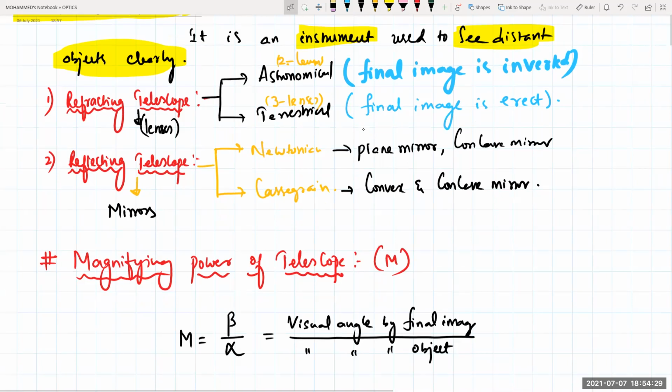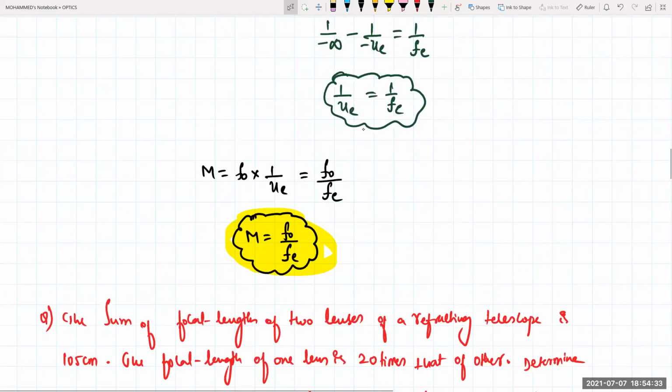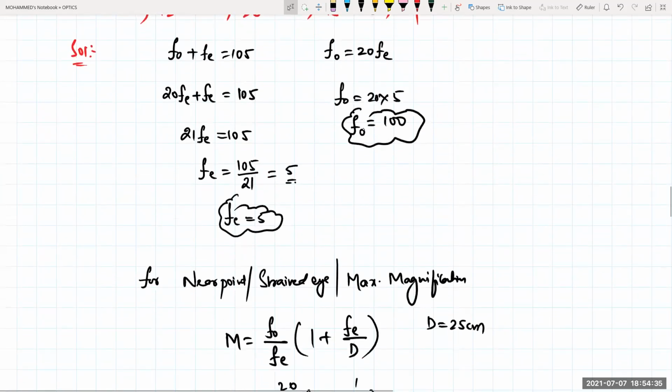So this was about the ending of all the astronomical telescope. I'll send you one assignment today related to the instruments. You try to complete that one. Now only I'll send it. Then start working on that one. And from tomorrow onwards, we'll try to start with electrostatics and electric potential.